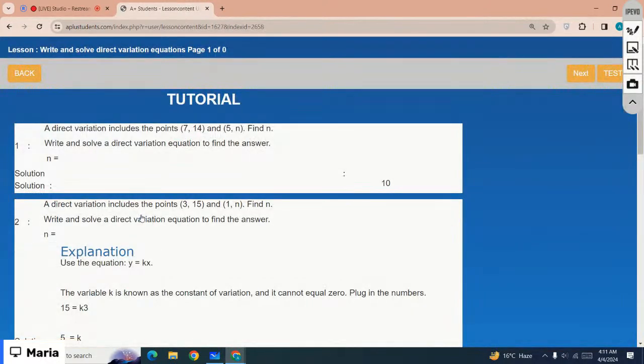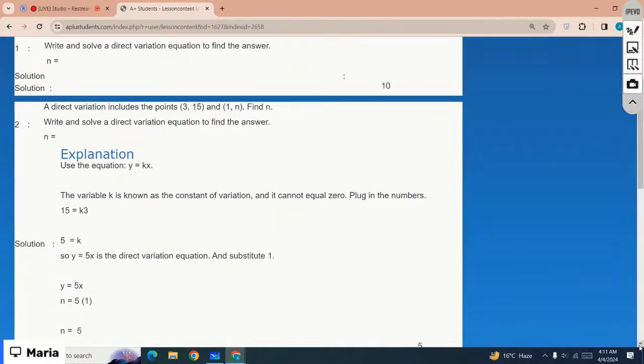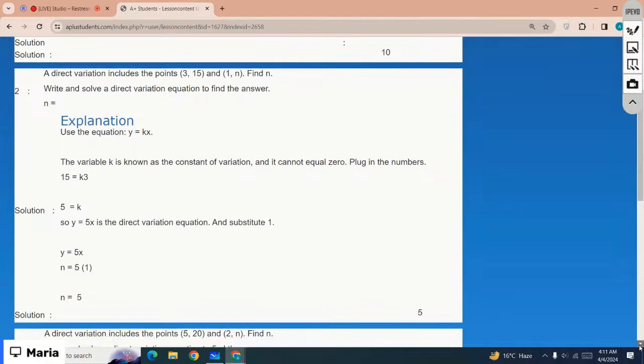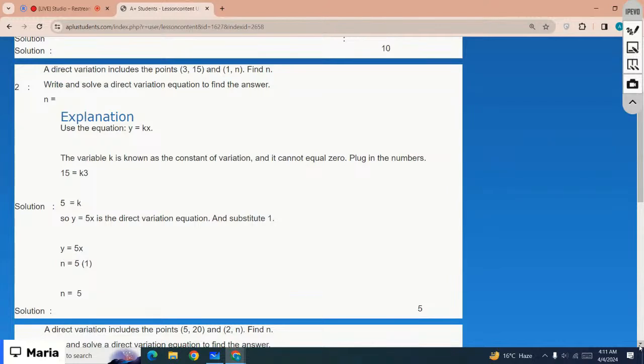Okay, let's just start with an example. A direct variation includes the points 7 and 14 and 5 and n. Find n. Okay, just look at the second equation. A direct variation includes the point 3, 15 and 1, n. Find n, right? Write and solve a direct variation equation. Find the answer. Okay, so basically, the direct